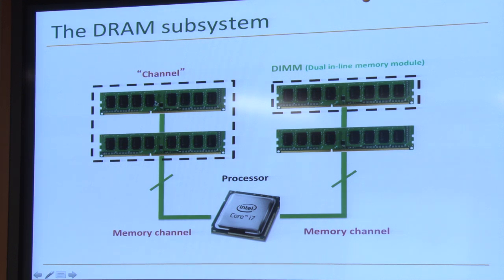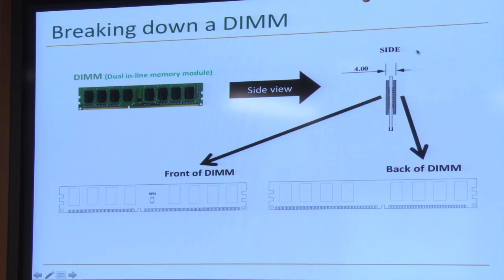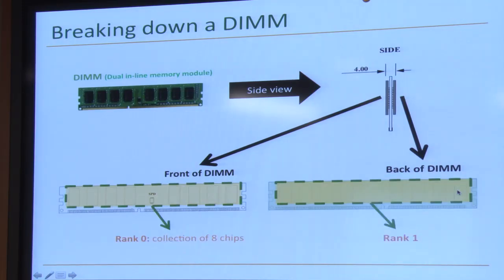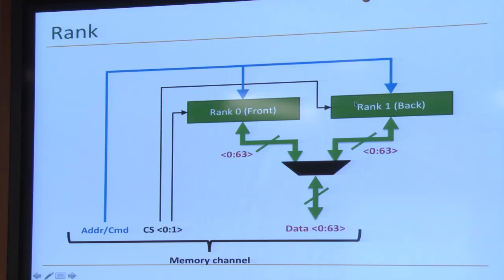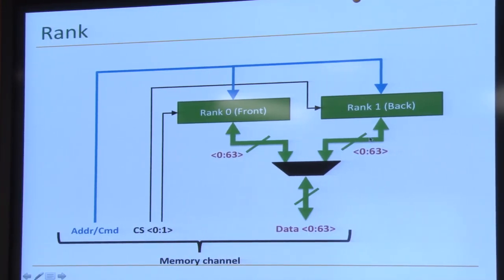So a channel in this case consists of two DIMMs. And if you look at a DIMM, it can consist of multiple ranks. Basically, this is the front of the DIMM. This is the back of the DIMM. And you can actually have two sets of chips over here, rank 0, rank 1. And you can see that these ranks have different chip selects, but they share the data bus over here. And they share the address and command buses. And you have a penalty switching from one rank to another. If you're accessing this rank and the next access goes to this rank, there's a switching penalty because they actually